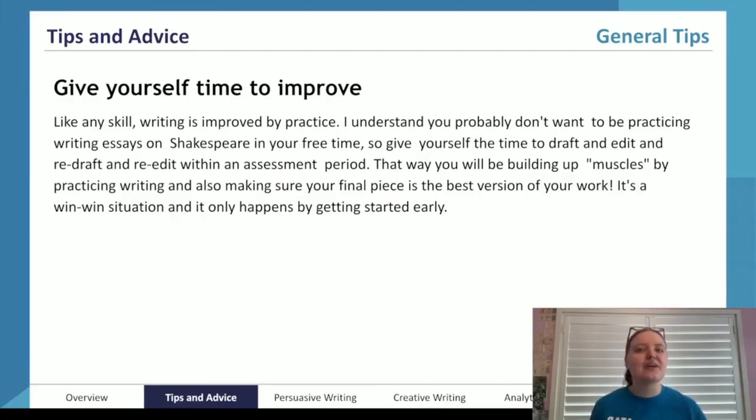So it's a really good idea to give yourself time to draft and redraft again, because it will allow you to hand in the very best possible quality of work at the end. Rome wasn't built in a day. No high quality or award-winning novel or poem or play or speech was written in a single day. These authors gave themselves time to redraft and re-edit throughout.